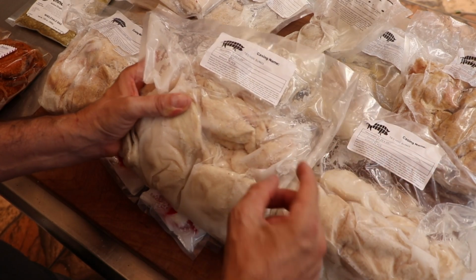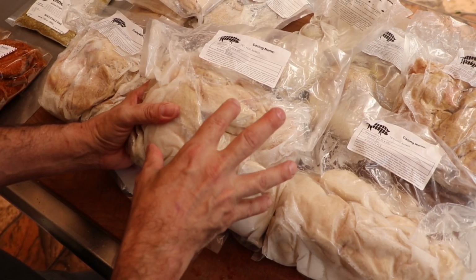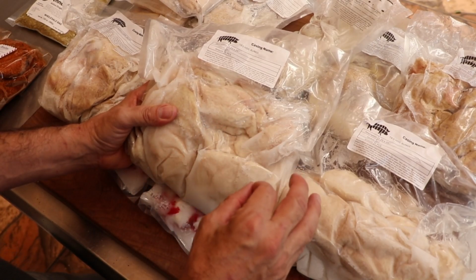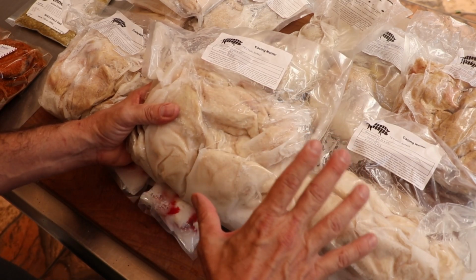Matter of fact, I'm working on a video right now as to why these thicker casings are a better choice for your salami. So if you don't already have some of these thicker hog bungs, beef middles, the Orba casings, things like that,